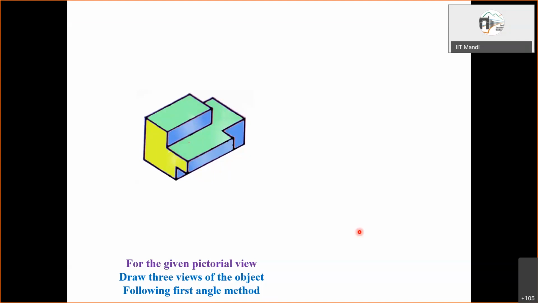The one which is nearer will look bigger, which is away will look smaller. So if the object is considered at a finite distance, this effect will come. If it is at infinite distance, everything will fall with the parallel lines onto the same thing. So the exact size we will get, right? That is why this concept is kept here. That is, the observer is at infinity.